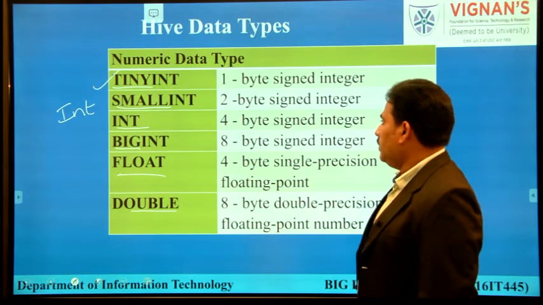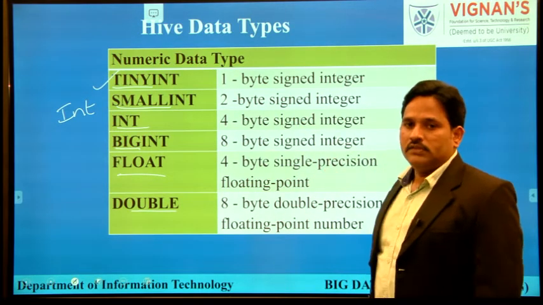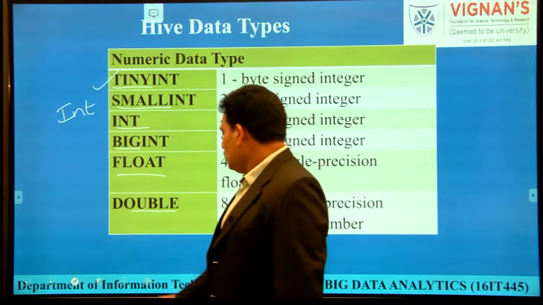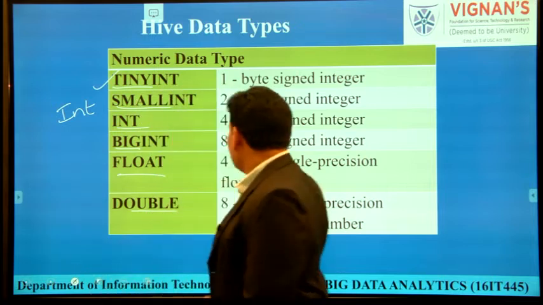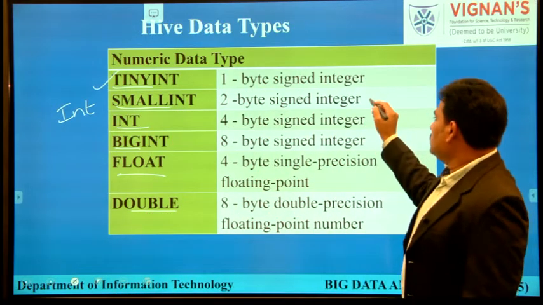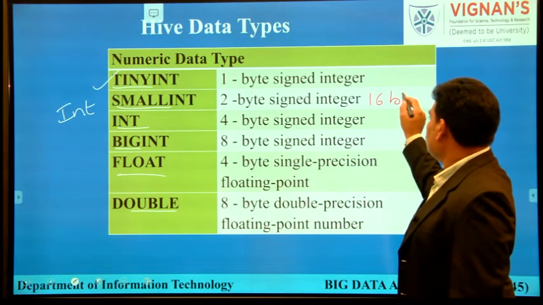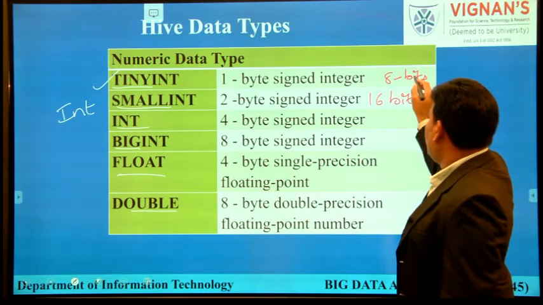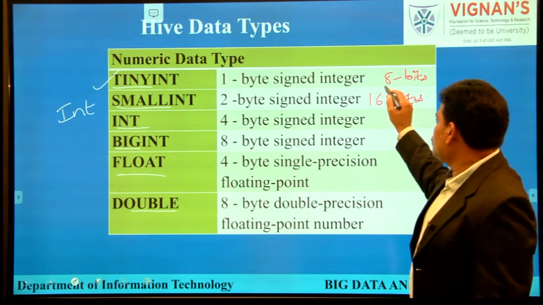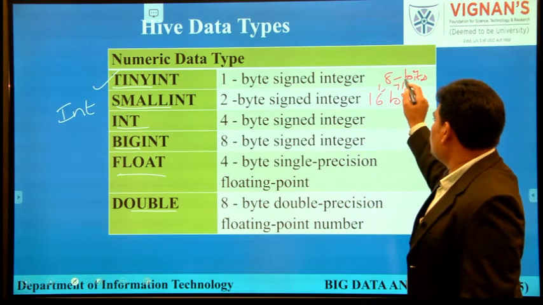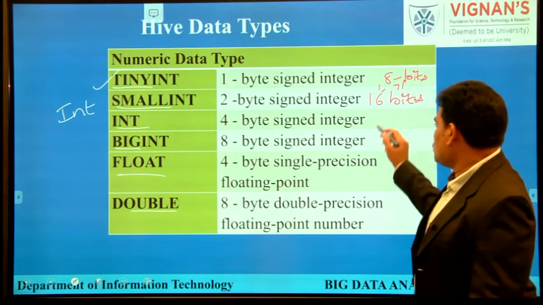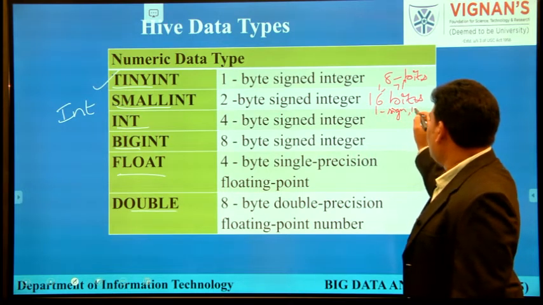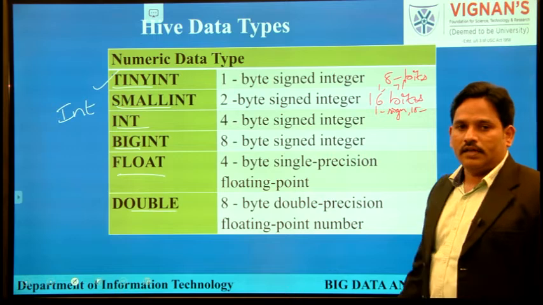Small int is a 2 byte signed integer, which means it will store 16 bits of information, whereas tiny int stores 8 bits of data. In 16 bits also, 1 bit is used for the sign bit, and the remaining 15 bits are used for data storage.